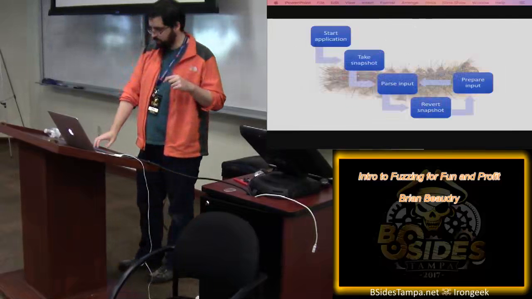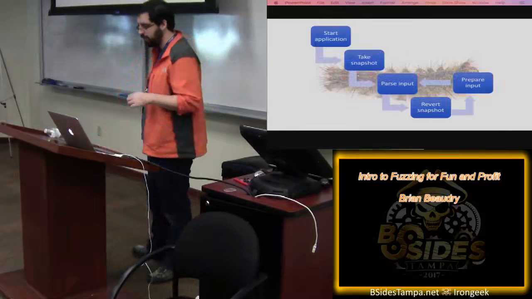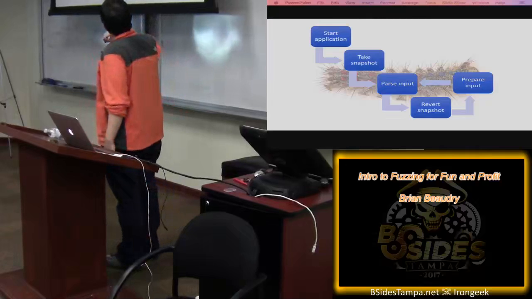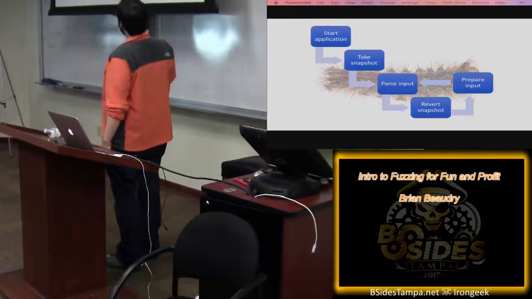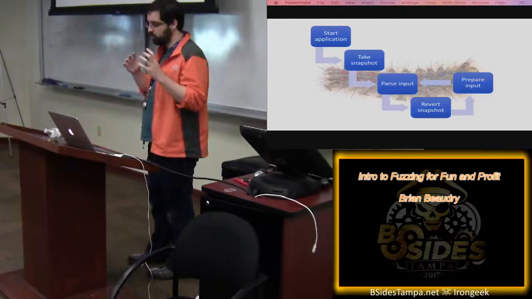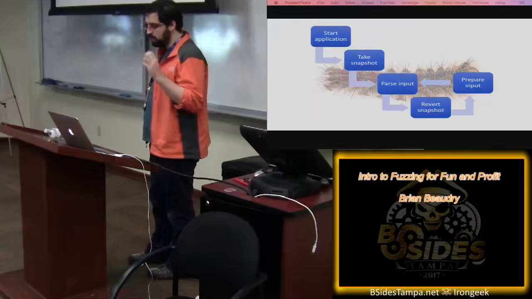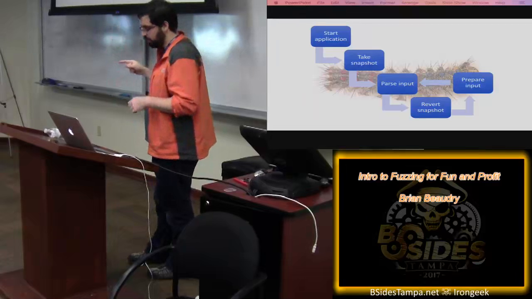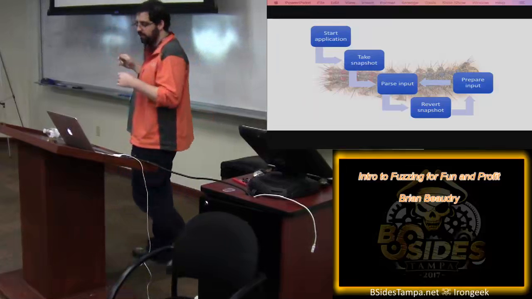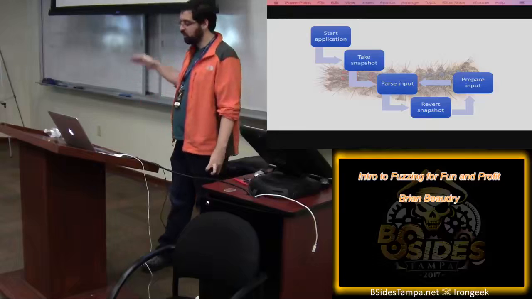So the way you can use this in fuzzing, going back to what our flow looks like here, is you start the application, before you parse the input, you take a snapshot right there. So this is kind of the recovery point. Take a snapshot and then let it proceed through parsing the input or whatever. And then instead of actually exiting like we had in our patched version, it's just going to revert back to